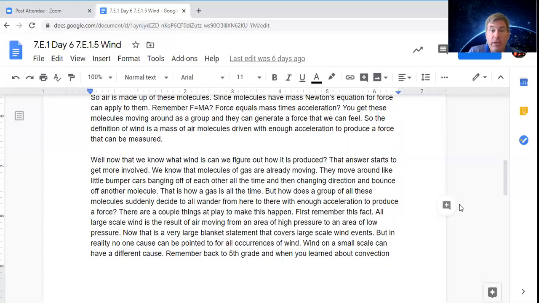And when we talk about wind at that scale, we're talking about air moving from high pressure to an area of low pressure. So if I just blow out and you feel the stuff that's blowing out of my mouth, where's the high pressure? Inside my lung. Where's the low pressure? Over where you are. So the high pressure forces it to go out, just like